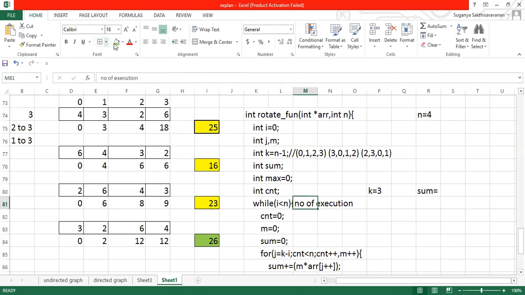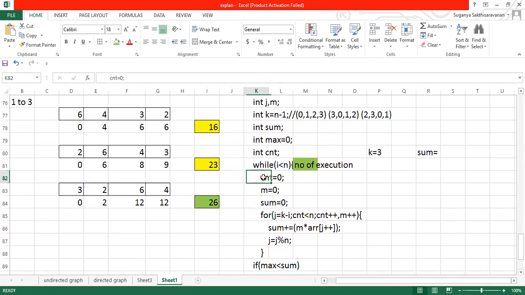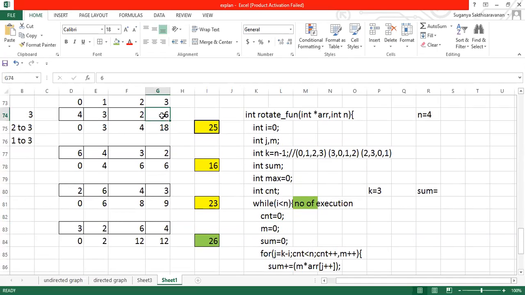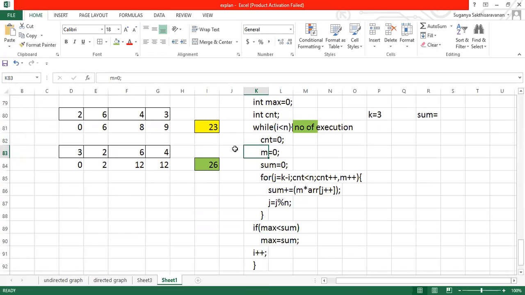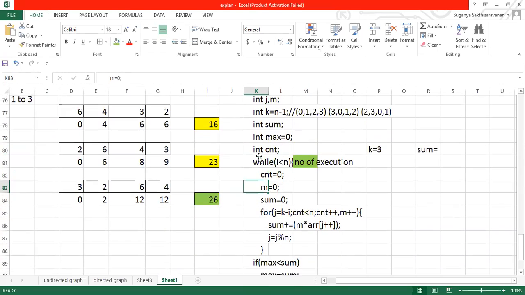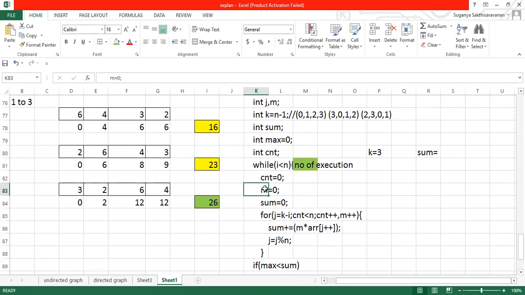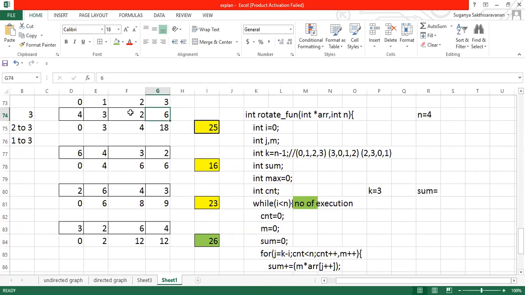This number of executions is tracked by using this i loop. We are going to have a counter. Why this counter? I told you, right? I may start from any position, so I may start from 3. I should check that I'm iterating the number of elements times. That is the reason I'm having one counter. And this m loop is for taking values and multiplying with the concerned index position. Wherever the pointer might be, the second position or third position, wherever it is, the starting point is multiplied with the m value.